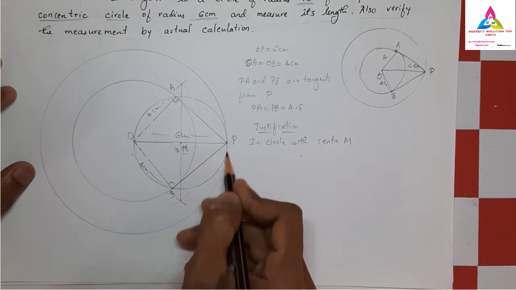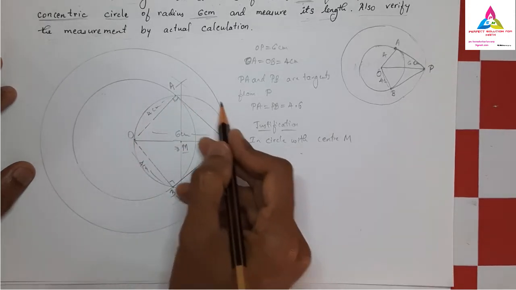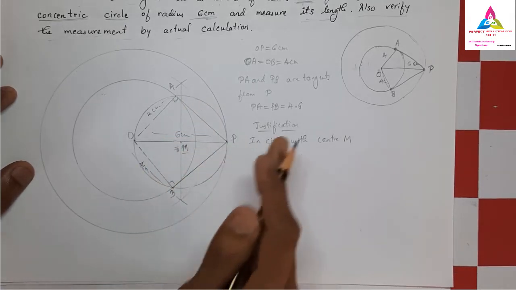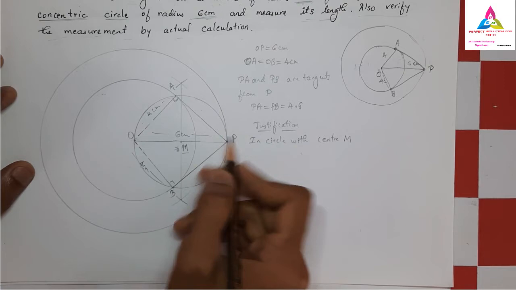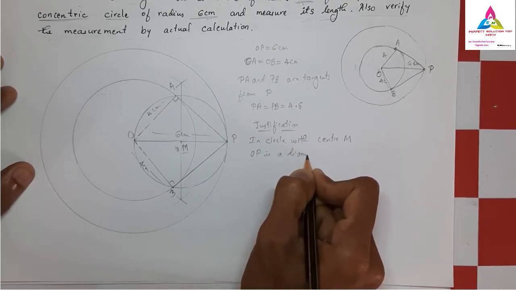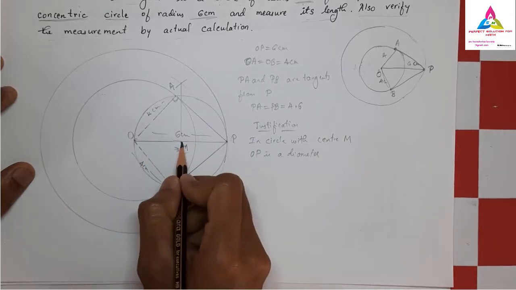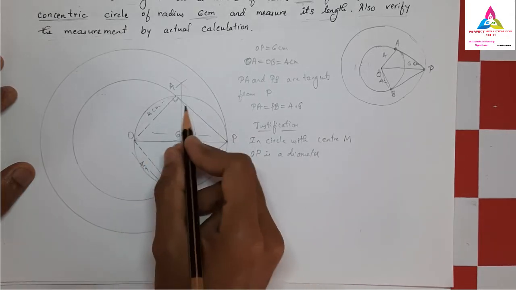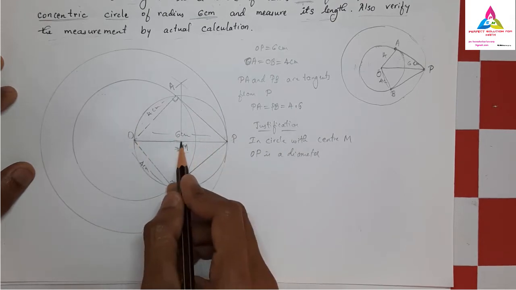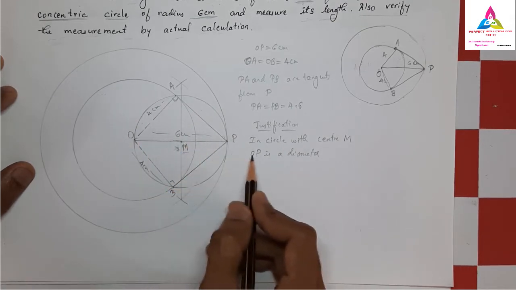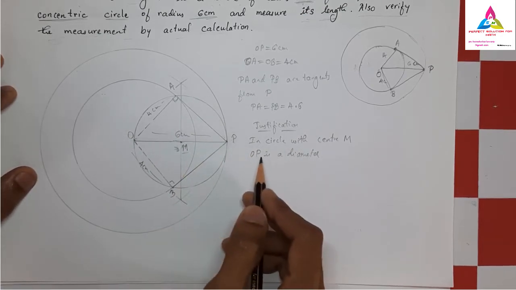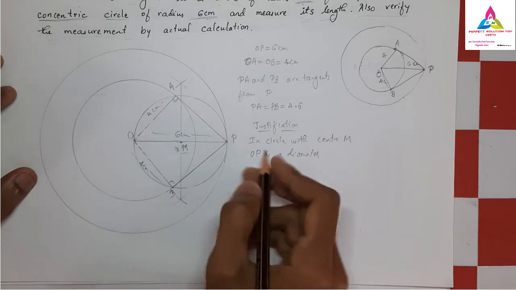We are taking this circle now, which we constructed later on, which was not given. In center M, you can see OP is a diameter. Why is OP the diameter? Because it is passing through the center M. In this circle of center M, the line OP, the chord, is passing through the center M. When any chord passes through the center, that is called the diameter. So OP will become the diameter.